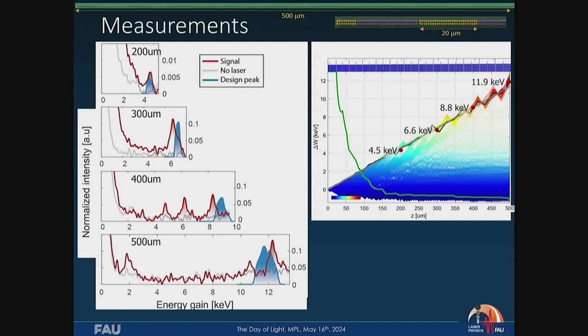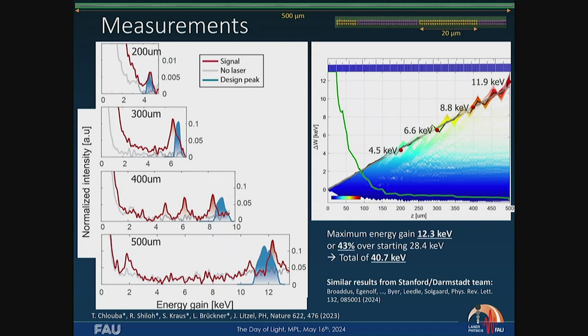That's roughly a year ago that we saw this fantastic result, that we see electrons more or less exactly where we expect them. And we really seem to have the photonic laser accelerator on a chip working. What was fantastic, our friends at Stanford, collaboration partners, but of course also friendly competition, got exactly the same result, which was also just recently published. So this laser accelerator on a chip is a reality.